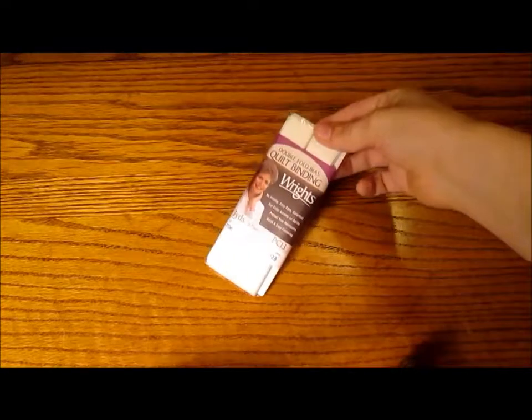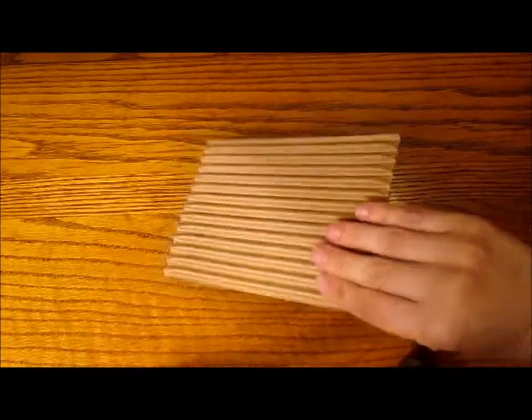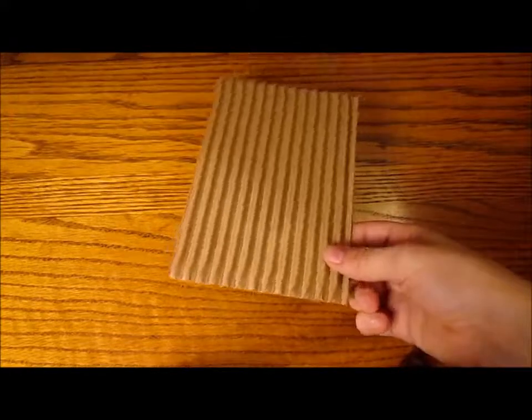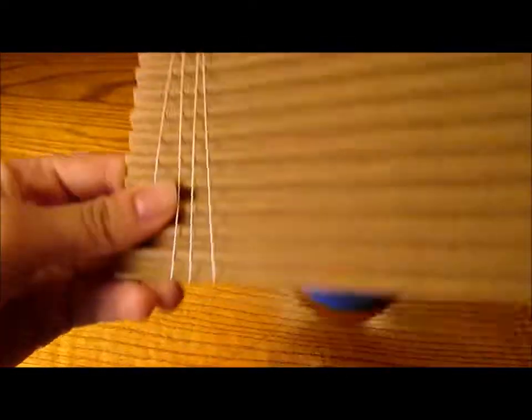Double fold bias tape. The yarn or thread of your choice. Some form of temporary tape, and some form of cardboard or ruler that is 1 inch wider than the length that you're going to want your fringe to be. To start this project, we are going to be taking your cardboard and wrapping it around